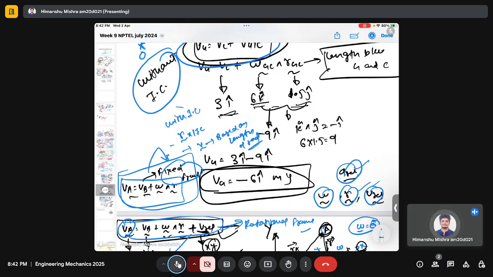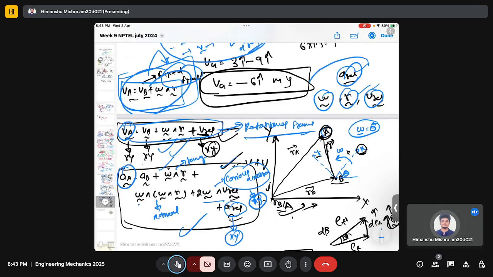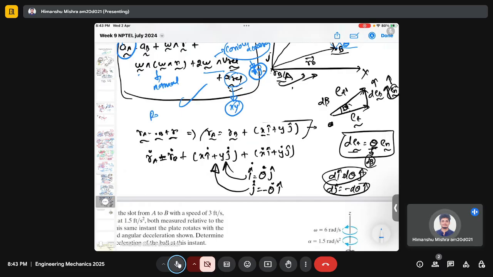So all these methods we used in the fixed frame, but in the next class we will solve a similar problem, now in the rotational frame, and we will see it is not a very hard problem. We just need to use this expression. The only thing is we need to identify all these quantities. So that's it for today's tutorial. In the next tutorial we will solve a problem based on the rotation frame